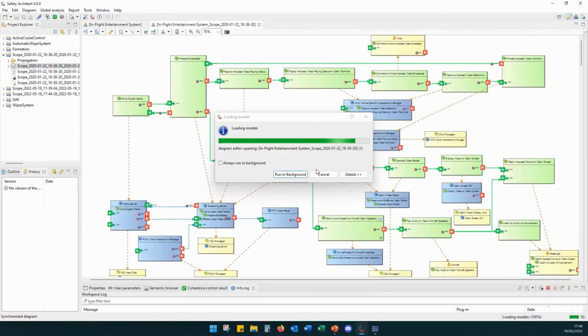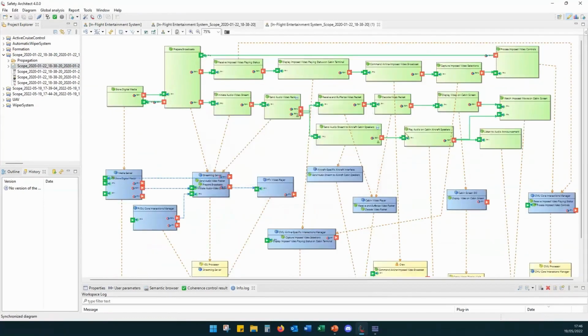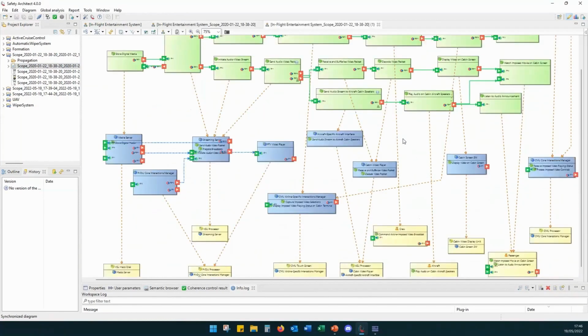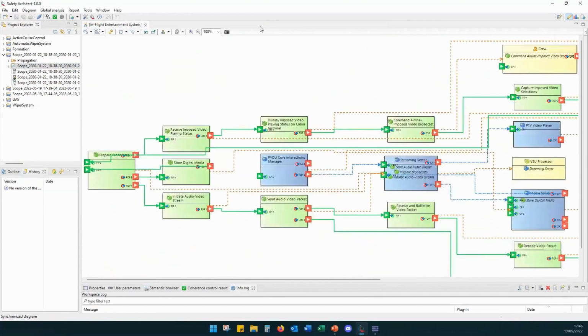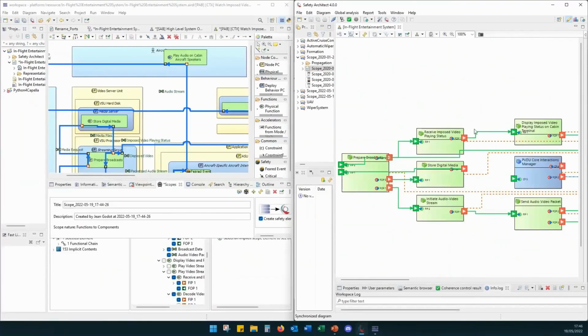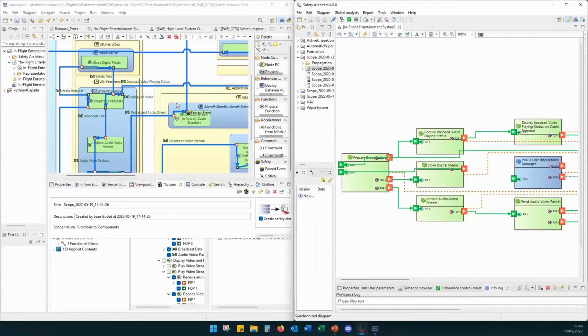So to show you, I already exported the same diagram and I organized the layout just to show you that it's possible to get something more readable in Safety Architect. But again, it requires a bit of effort. But as I already showed you for the functional architecture, if you don't want to work on the layout in Safety Architect, you can completely navigate from Capella to Safety Architect.